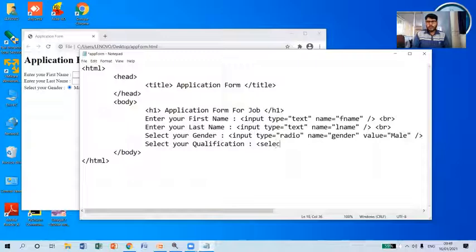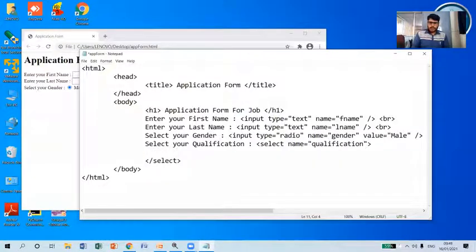For that, I'm going to use a select tag and specify the name as qualification. This is the opening tag of a select, and respectively I need to close the select here, and in between the select tags I need to use options, because I want to include various options along with the value.